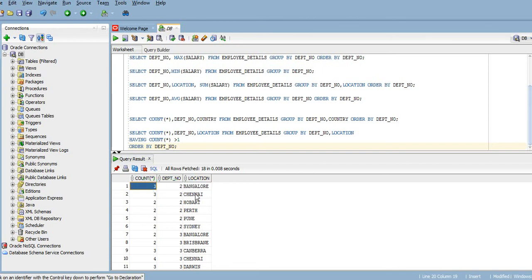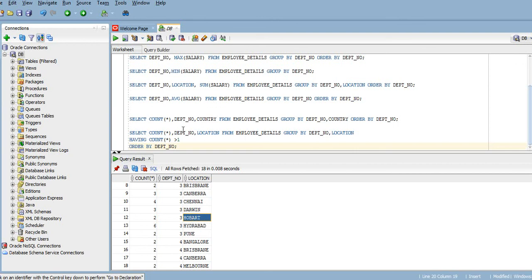As you can see for department 2, for Chennai location it is 3. Again for location Hobart, for department 2 the count is 2. For Perth for department 2 it is 2. Like that, the number of employees based on the department number and location is provided over here.